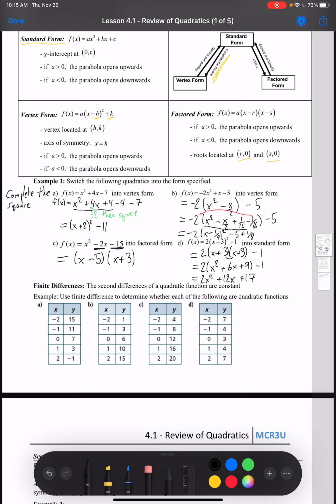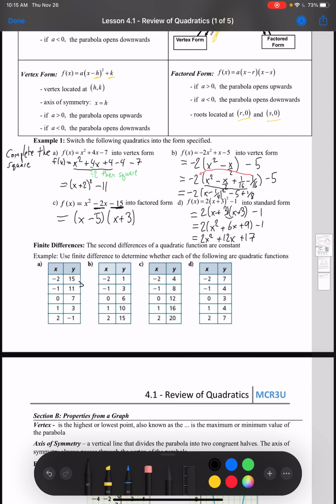All right, the next part, checking if a function is quadratic. You can check a quadratic based off a table of values. If you have constant second differences, then you have a quadratic. So what you can do is